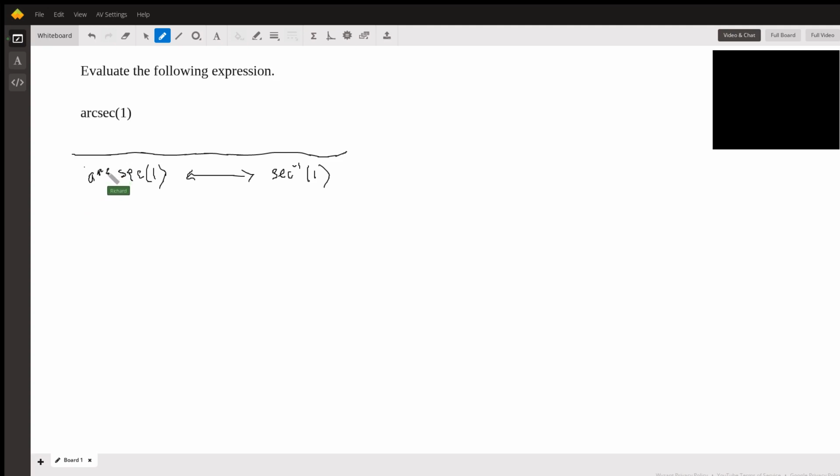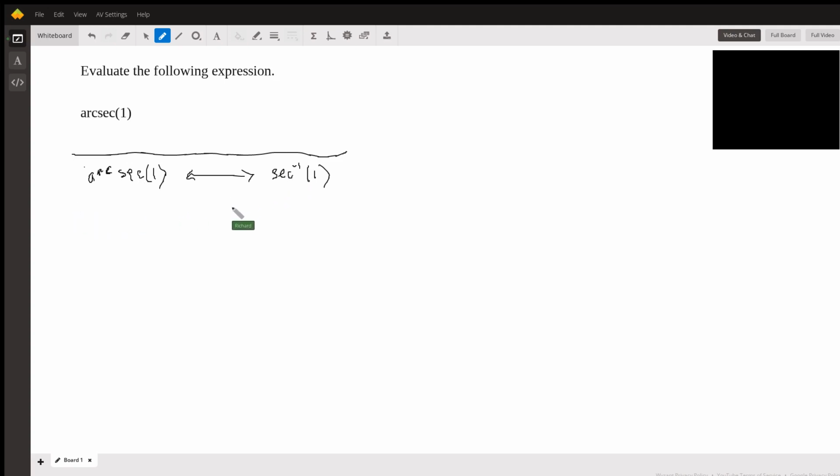Now this arcsecant, arcsine, arccosine, so on, that is older notation. This is more modern notation, but you'll see both of these even on an SAT or an ACT. You might see this older notation, so watch out for that. So that might be one issue,